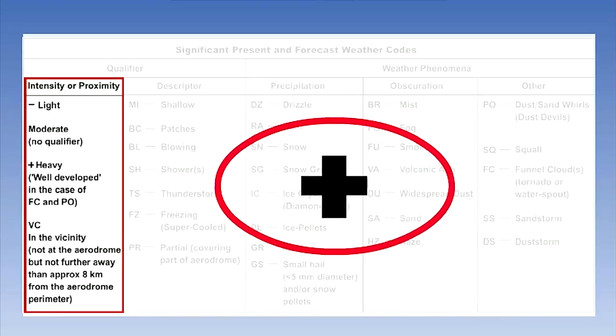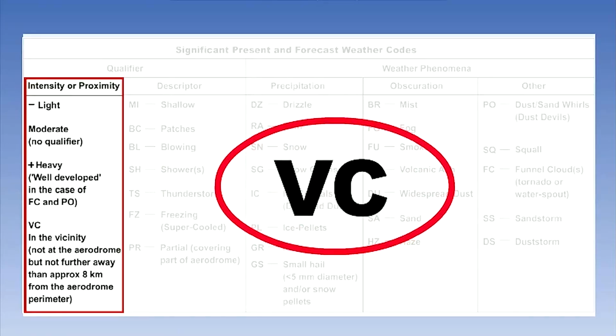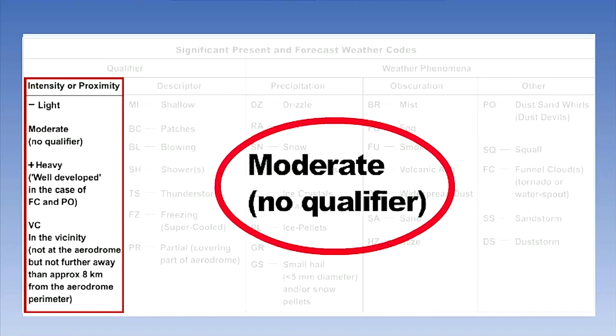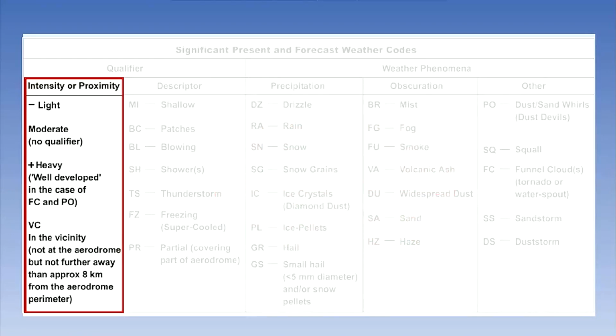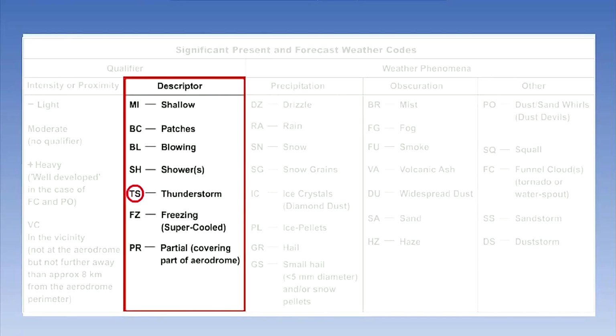The first column focuses on intensity or proximity. There are 4 key members in this column to remember. We have minus, plus, VC for in the vicinity, or no entry at all if there's no qualifier needed. We'll see how the entire weather group functions together in a moment, but for now, let's move on to the